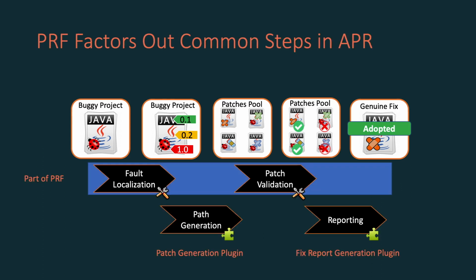The goal of PRF is to factor out the common steps and implement them once forever. The APR tool programmer can construct a prototype by just making a patch generation plugin, optionally a fix report generation plugin, and configuring other components. In this way, the APR tool programmer can focus on constructing more sophisticated patch generation, prioritization,